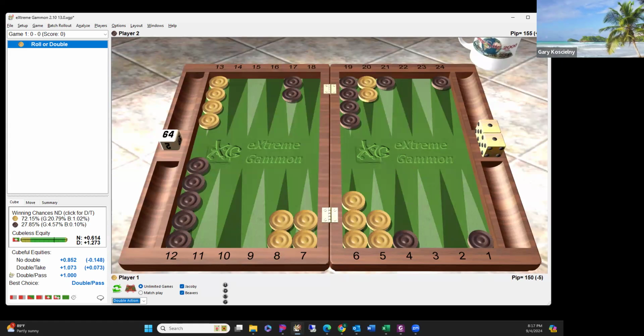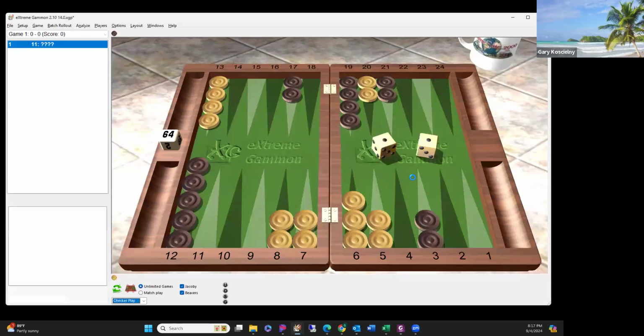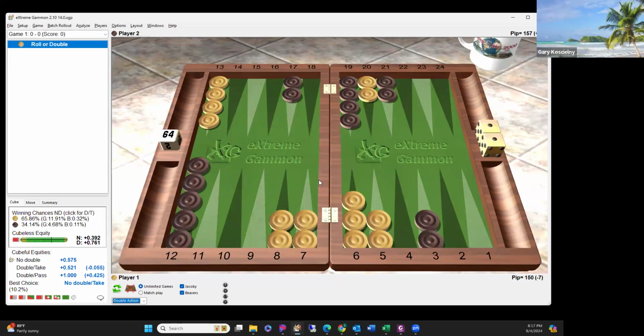Okay, yeah. So this was the same one that we looked at. This is no double, and again, the difference here is we put this checker back to keep the race pretty much the same as the initial position, but the key difference here is black has moved up. But although it's also here,